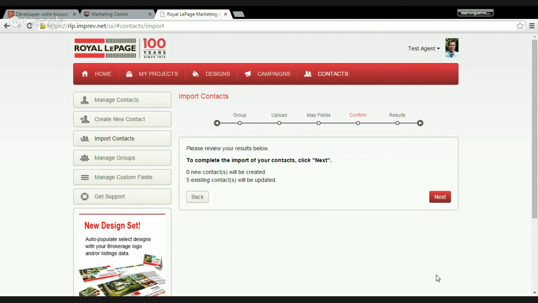There's nobody new that I added to it. However, for the people who are already in the system, it's updated those contacts with the latest information that I have input. So what this means for you is that you don't constantly need to be worried about whether or not your database lines up with the list of contacts you've got here in the Marketing